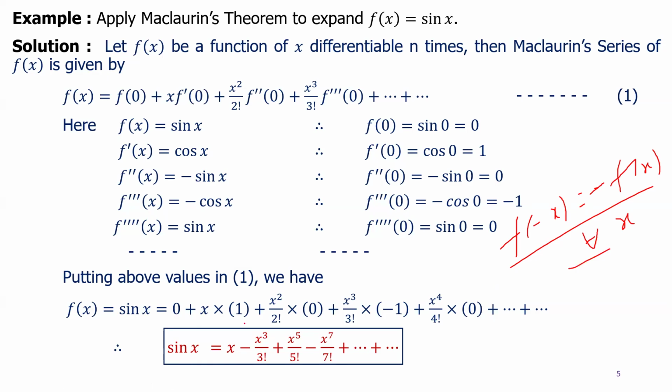Clearly, here, what is the expansion of sin x? Expansion of sin x is nothing but x minus x cube upon 3 factorial plus x to the power 5 upon 5 factorial minus x to the power 7 upon 7 factorial and so on. So just look here, what is the power of x in each and every term? All powers are odd powers, right? So that's why the sine function is also called an odd function. This is the expansion of